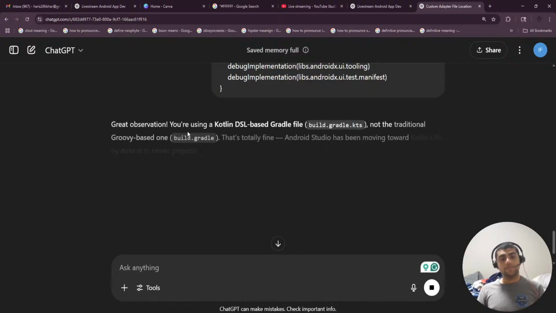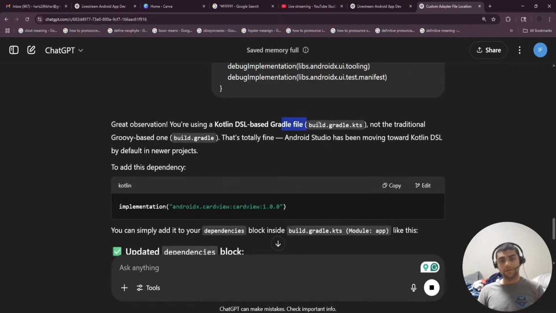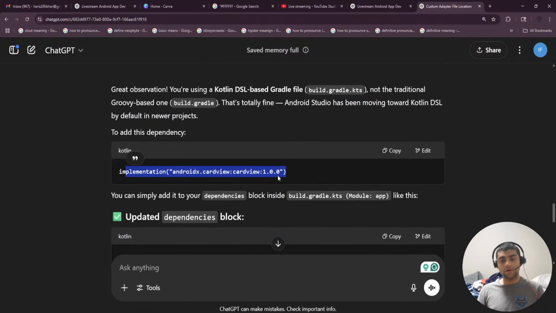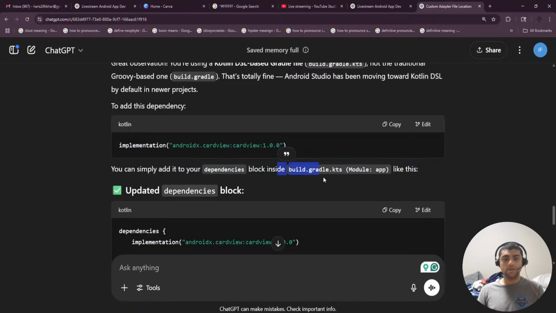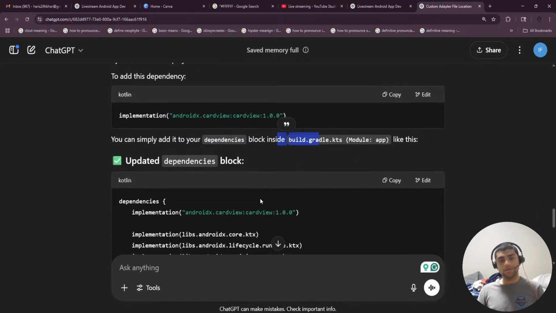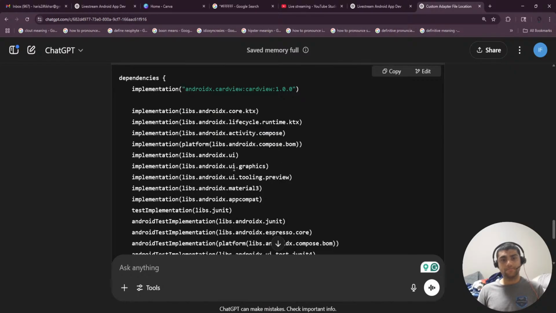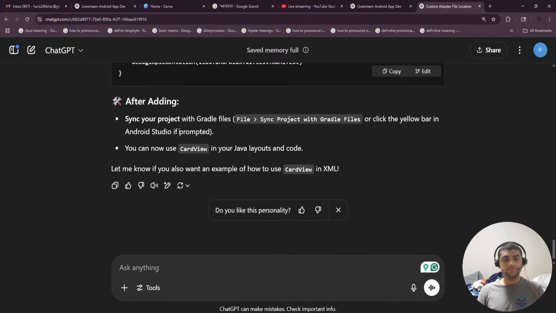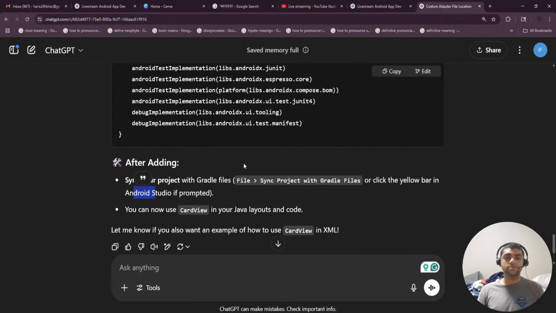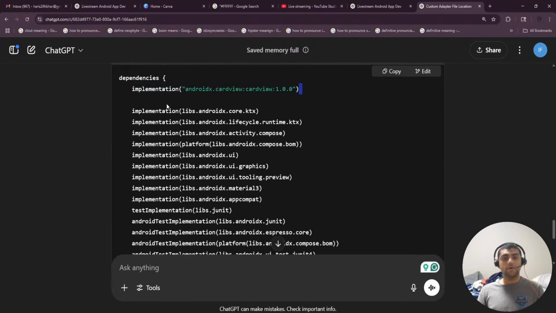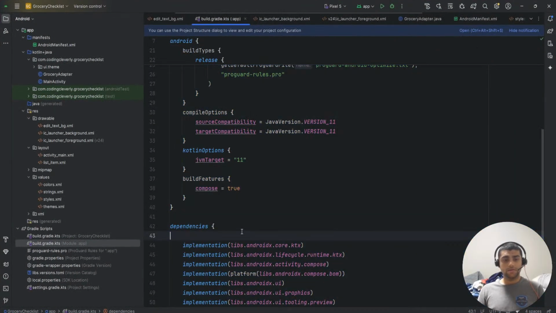So let's see. Grid observation. You're using a Kotlin DSL build Gradle file, not the traditional Groovy based one. That's totally fine. Industry has been moving toward Kotlin DSL. To add this dependency, there's this card view thing. You can simply add it in your dependencies block inside the build Gradle like this. Oh, exactly the same. After adding, sync your project with the Gradle builds. So just add it on the top part, implementation, dependencies,